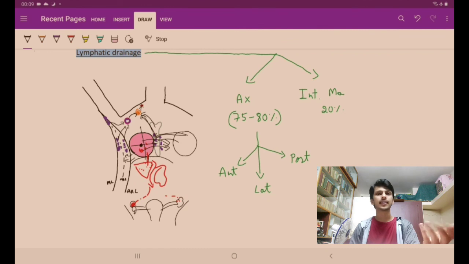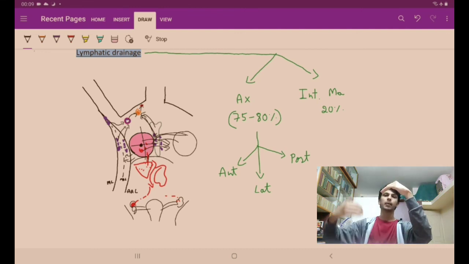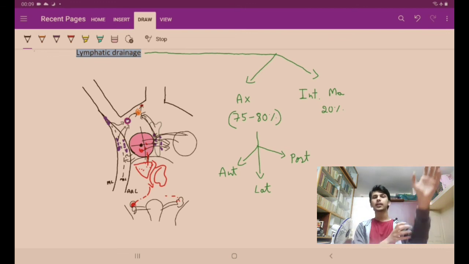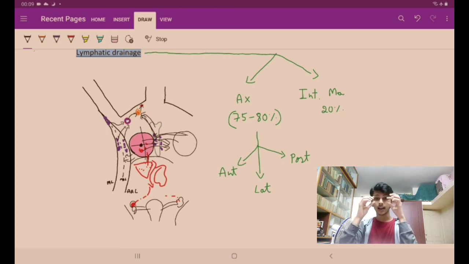So see here, guys, during tumors or breast cancer, sometimes what can happen is these lymphatics are blocked. If the lymphatics are blocked, there is fluid inside. The fluid will move out because there is increasing pressure. So if the fluid moves out, it will cause edema. Edema, whenever it happens, अगर hand में edema गया, the hand will swell. Face में edema गया, face will swell. Eyes में this periorbital edema हुआ, तो this part will swell. So if it swells, breast तो enlarge होगा.